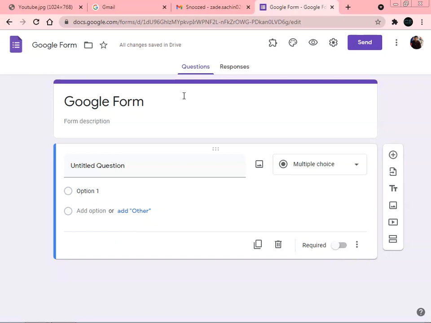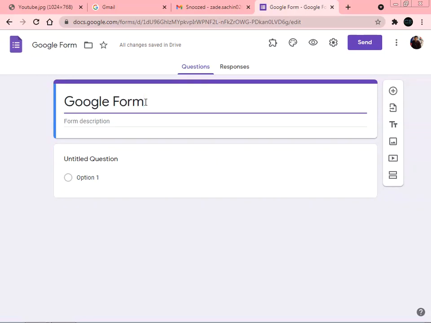One thing to keep in mind is that this is an auto save process. So no need to search anywhere for the save option or anything. If you are writing, just write the form, and see here you are getting the saving option. So automatically all your data will be saved. So this is nothing but the title of your form.